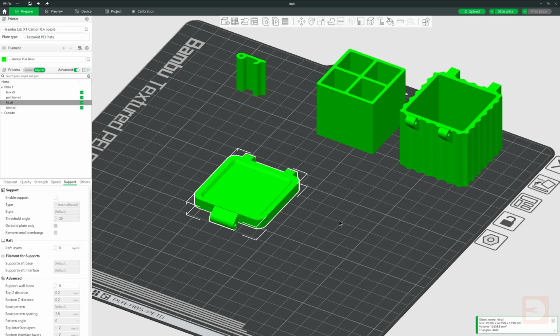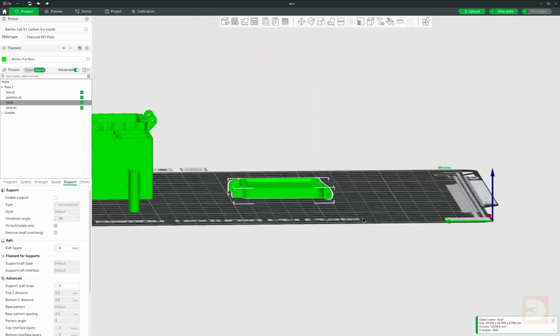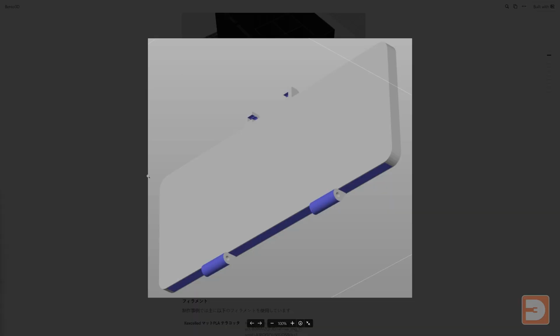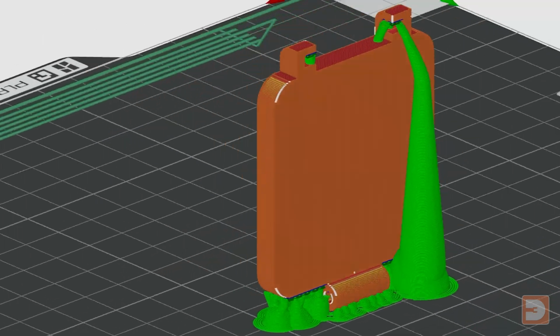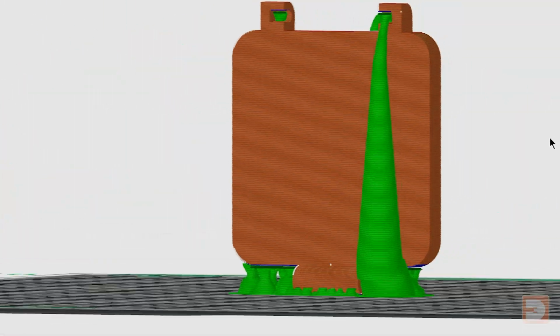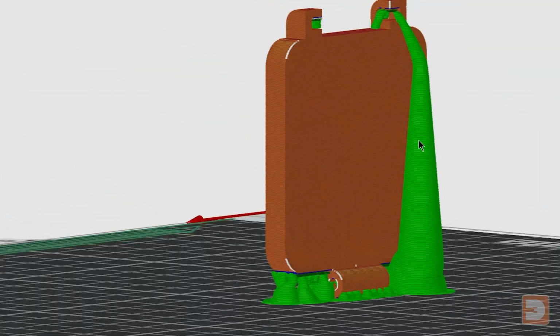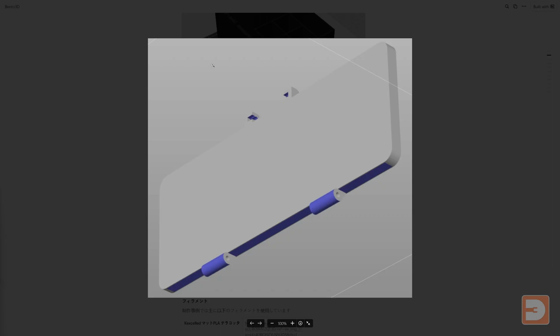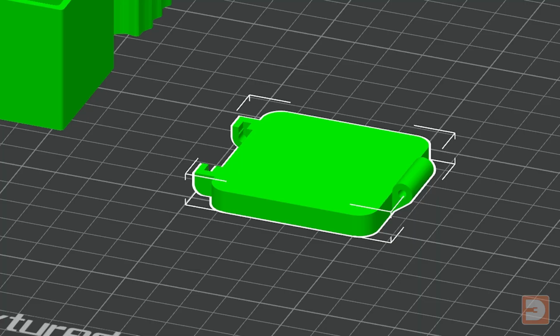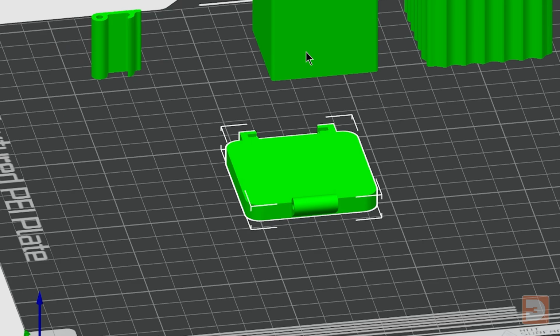Now the lid is a little frustrating. The slicing suggestions that Bento 3D gives suggest effectively printing it on the hinged end, which would require printing the entire thing on a raft and a ton of support material. However, their images for the recommendation also show an outdated design that doesn't really offer any alternatives. The design that is now generated has obviously been adjusted to allow flush printing with this orientation, but the problem